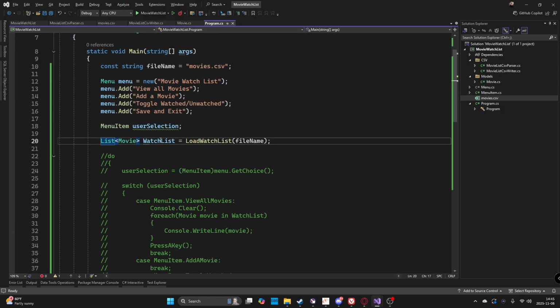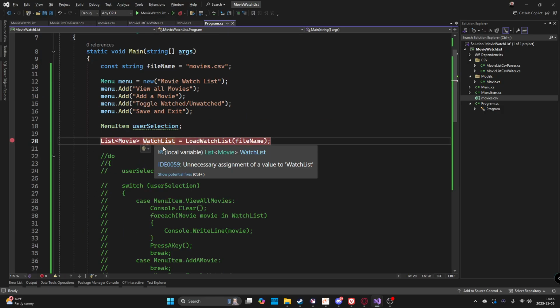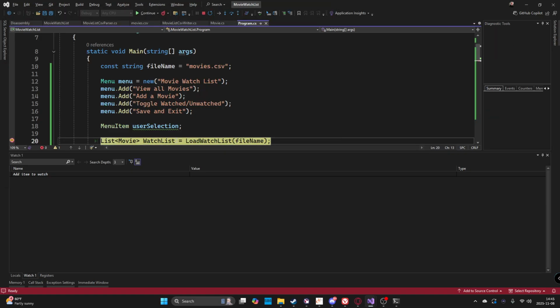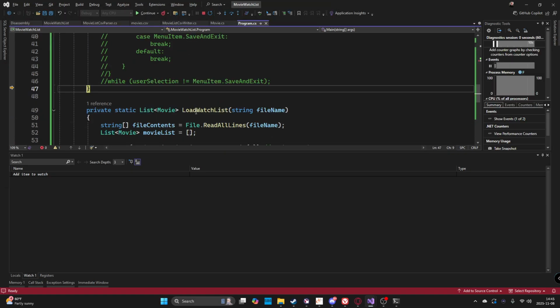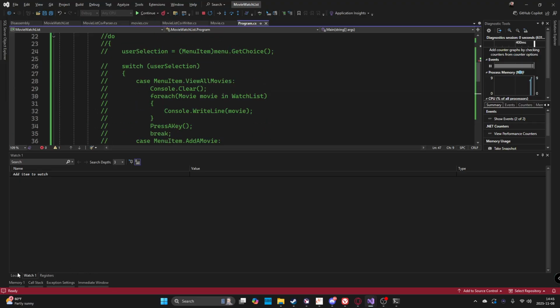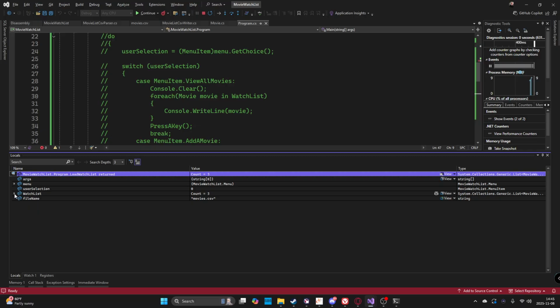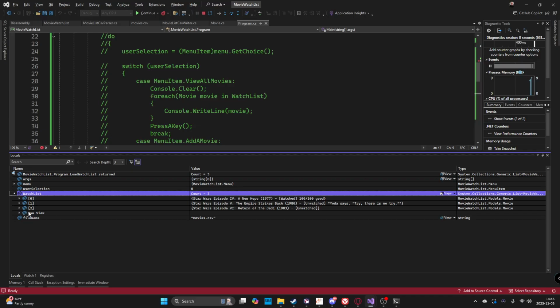We'll put a breakpoint here. We'll just step right over this. And let's go to locals, and we'll look at watch list, and there are three values. If you look here, this is because we added the toString, so that appears all right. This one appears all right, and this one appears all right. Notice that it doesn't have the rating because it was -1, but it does show the